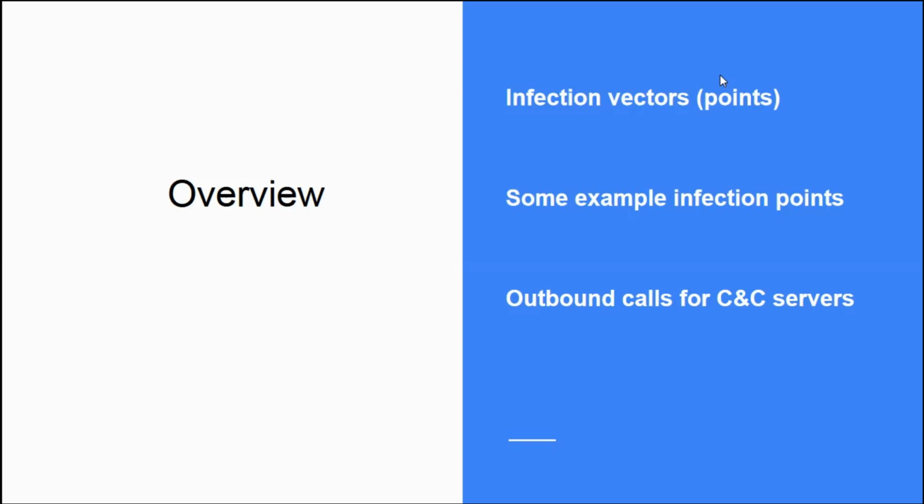One thing about information security: an infection vector is the entry point into your network. Then we are going to look at some sample infection points and walk through the typical infection points of ransomware attacks. This will arm you with the understanding of where to look in your network for defense against ransomware attacks. Then we are going to explain the importance of callbacks to what's called the CNC server, command and control server, for ransomware to work.